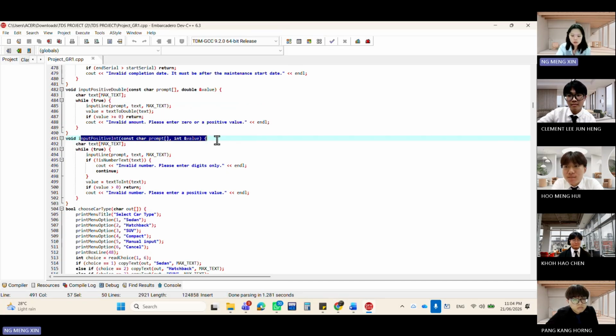For example, the choice function prevents invalid menu input. Plate valid checks car plate formats and phone valid validates phone numbers. There are also try and catch blocks in the staff functions to handle errors during record management.